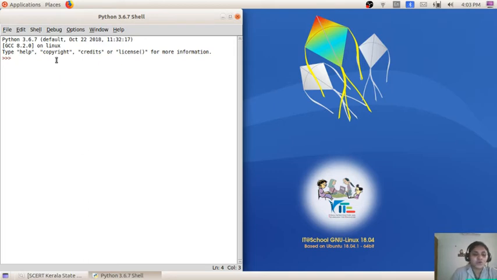So we have studied how to write the language for doing different computations. Here I am typing a simple program. For that, the first one is